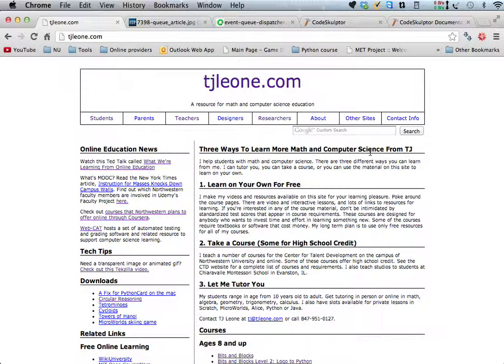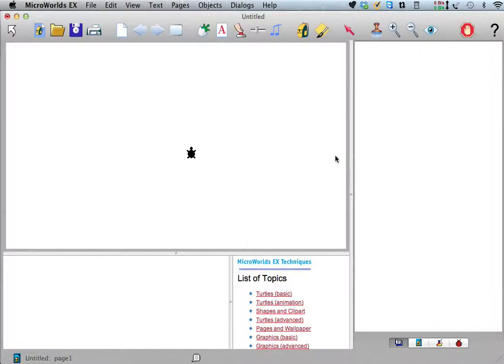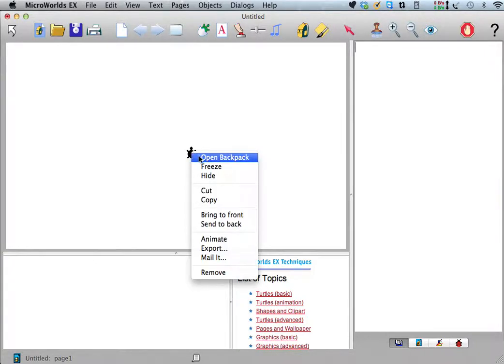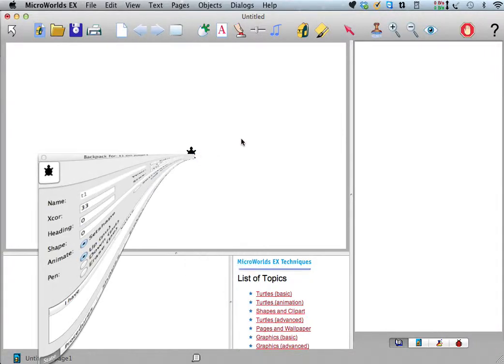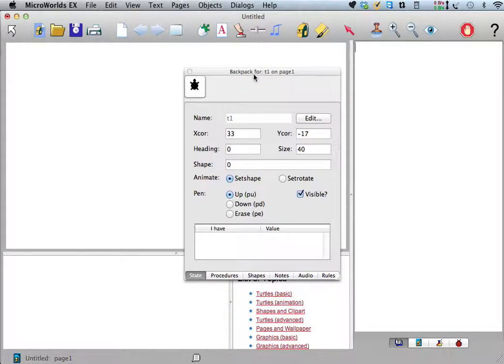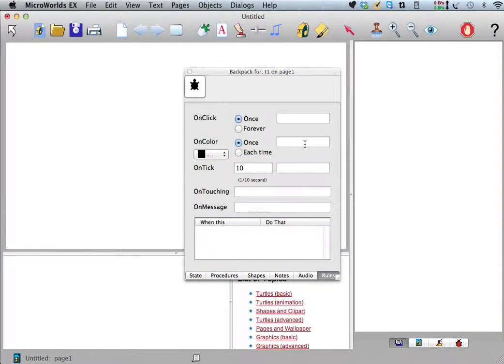Okay, so in this video we are going to talk about event-driven programming. And this is the kind of programming you did in MicroWorlds whenever you set up rules for the turtle. So basically, the idea behind event-driven programming is